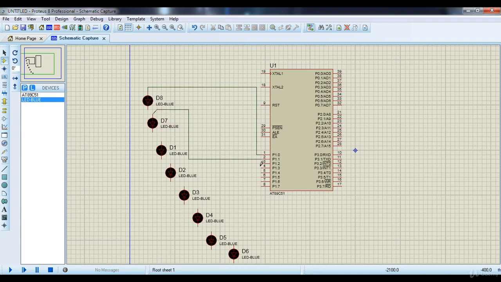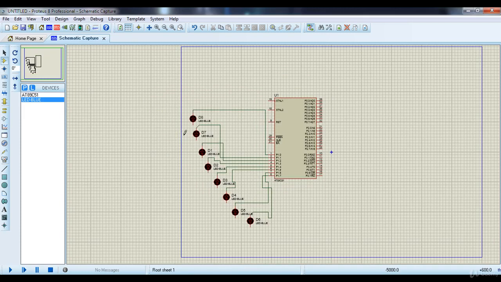Simply connect those LEDs to port P1. Connect the cathode terminal to ground.